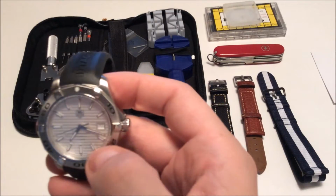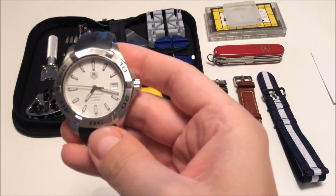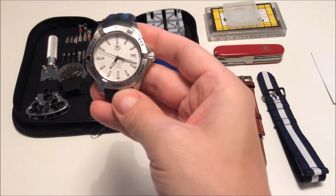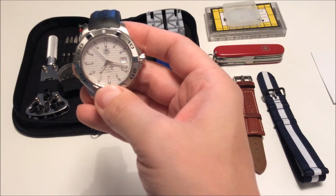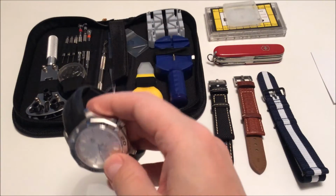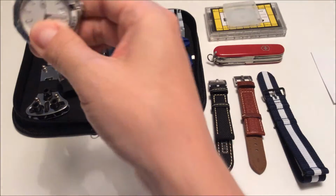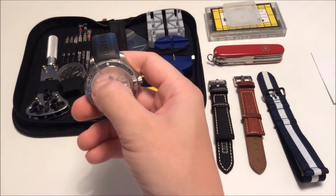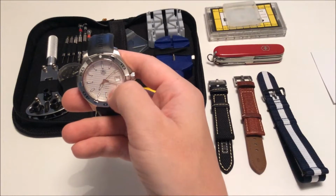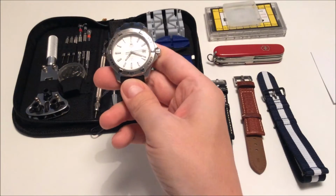The only complication with this watch is the date complication, which I think works fine. It's not really that obvious, it's quite anonymous, but it's still there, and that's a nice feature with this watch. So just the last facts with this watch. Of course, you got sapphire crystal. We got, of course, luminous hands and hour markers. And I will show you a lume shot at the end of the video, which is absolutely amazing with this watch,